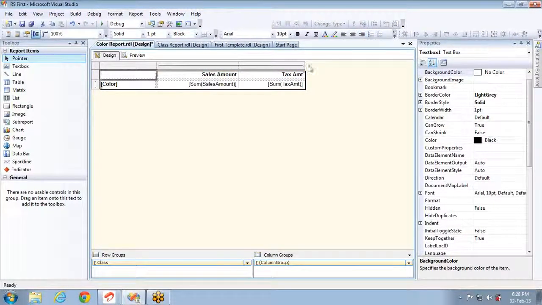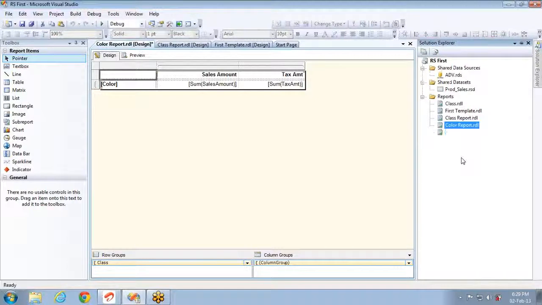2 reports are ready. And the third thing, I'm gonna design one more report by copying and pasting the same, and I will name it as products report.